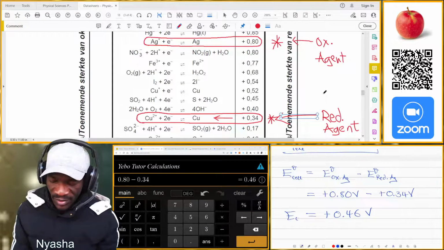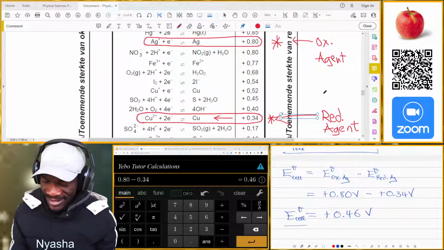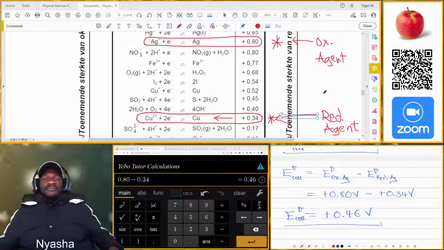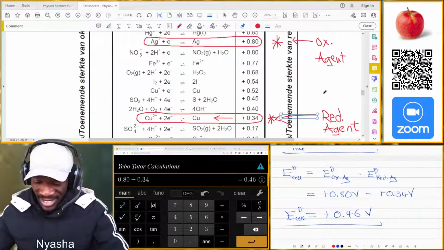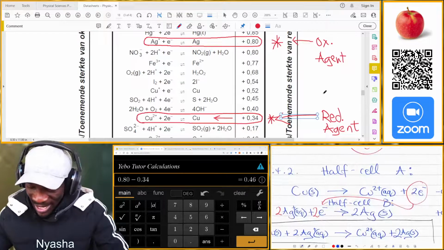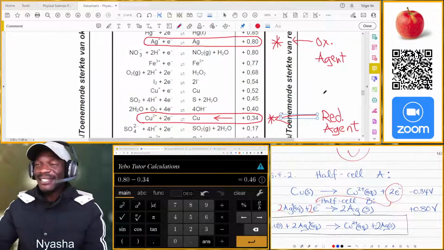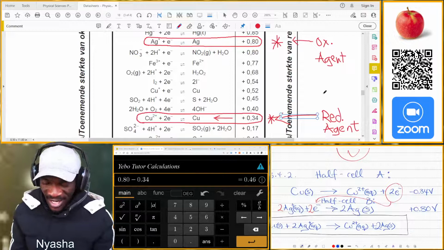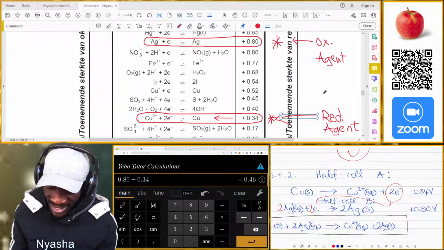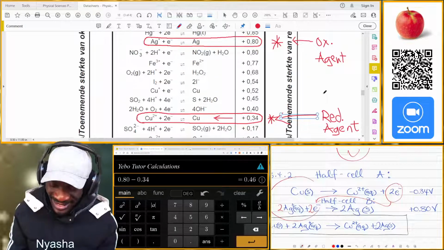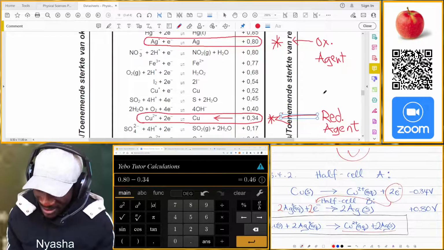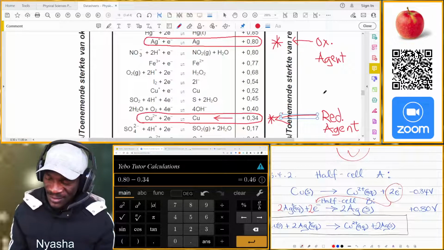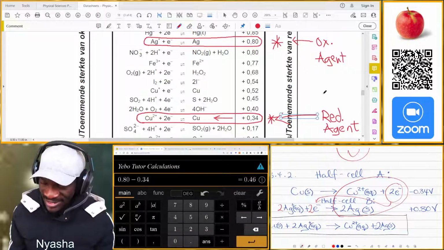That is our E cell. If you would like, you can actually come back to the equation that we used to balance this process. Can you see this process? For us to come up with the left-hand side, which is this side, all we did was to add these left-hand sides, isn't it? For us to come up with the right-hand side, all we did was to add up all the right-hand side